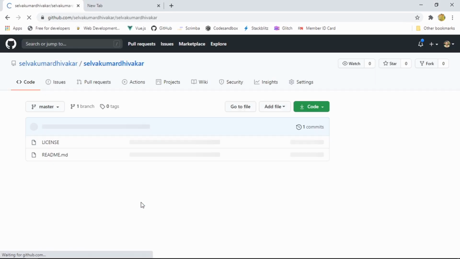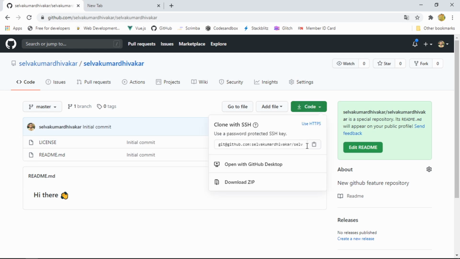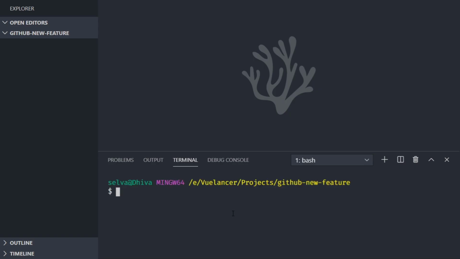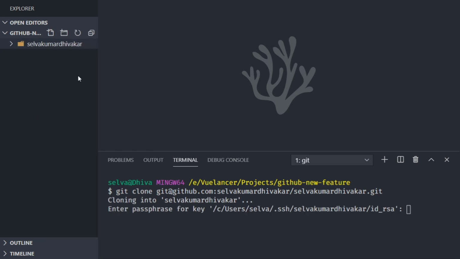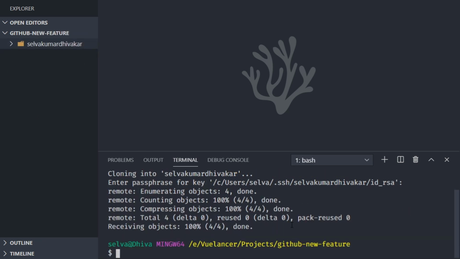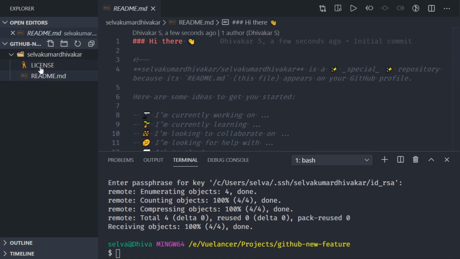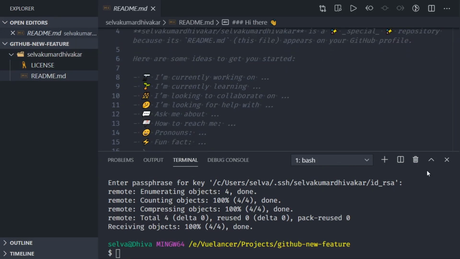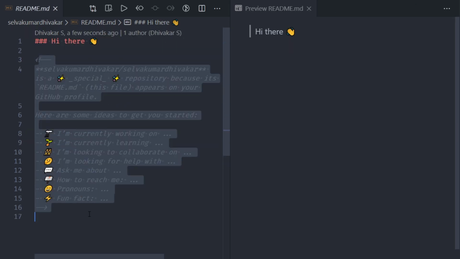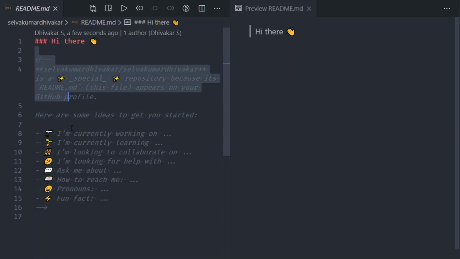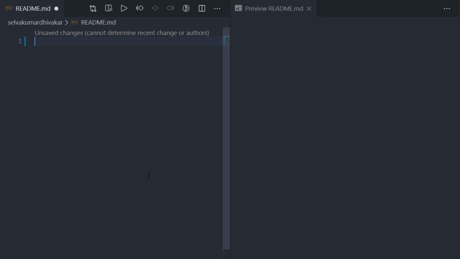To clone this repository, we need to copy this URL and paste it after the git clone command. This project will be fetched from the GitHub remote URL. To learn GitHub commands, watch some YouTube videos or the official documentation. You can see that GitHub has initialized the repository with a readme.md file with some commented stuff.